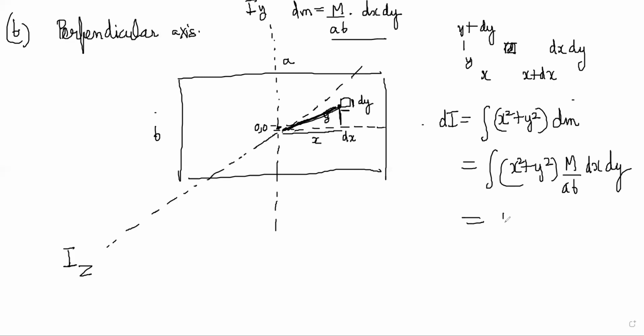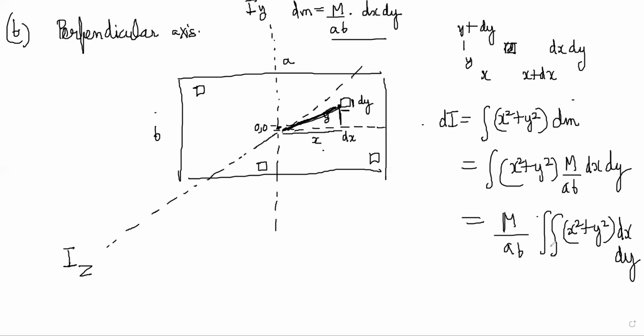Now the variation that you have to do is vary both x and y, no? You have to vary both x and y to be able to cover all such mass elements, right? So it's not a single integral, it's a double integral, dx dy. Both have to change, right? And x changes from where to where? Minus a by 2 to a by 2, and y changes from minus b by 2 to b by 2, right?